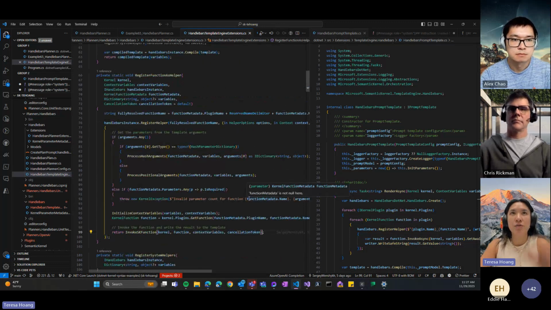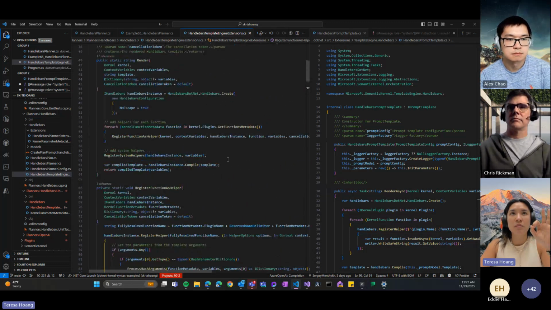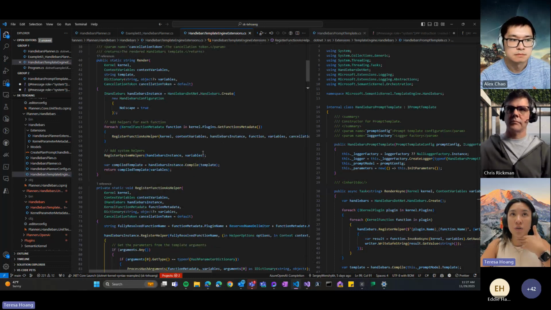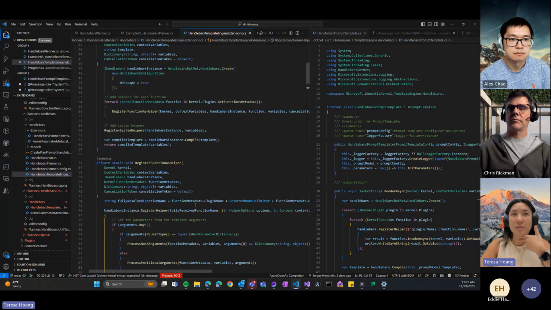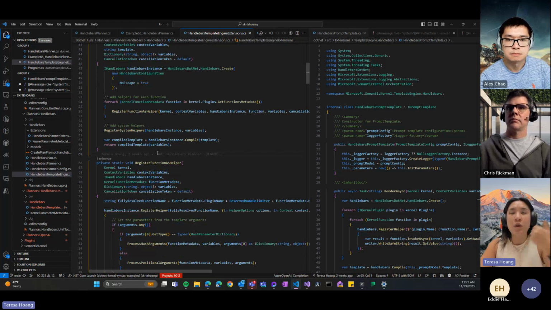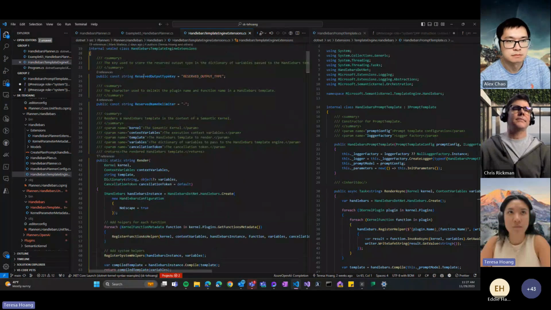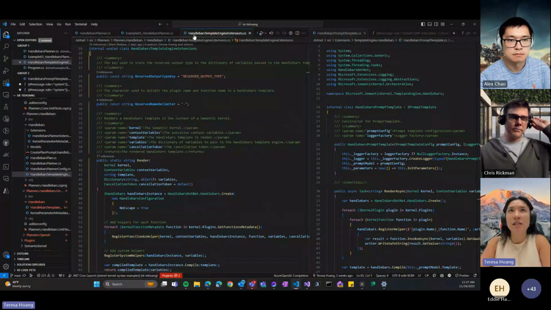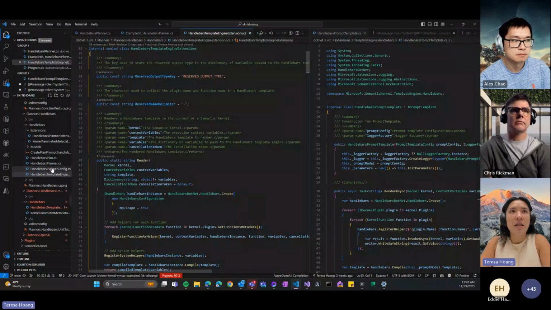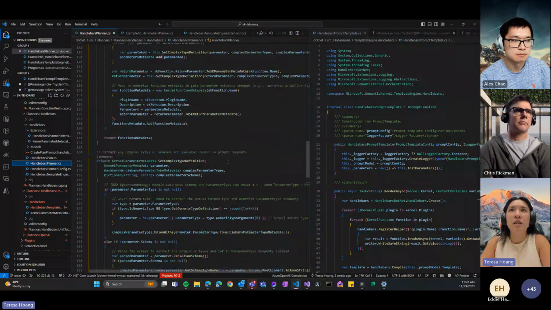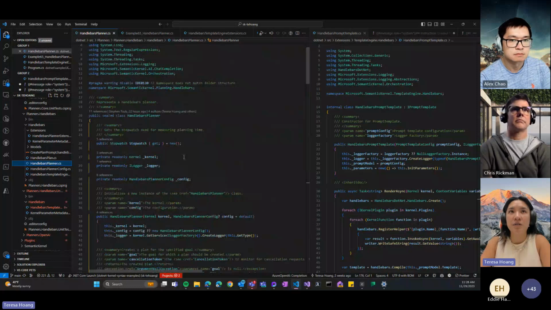So the Handlebars planner has three different kinds of helpers exposed to it in the Handlebars instance today. You have all the functions that are available in the kernel. You have the system helpers, the ones that I just mentioned that we bake in, the custom ones. And then you have the built-in Handlebars helpers, such as each and conditional. So that enables loops and conditionals in the planner, which we didn't have in the sequential planner before. You can see the render process in this file, the Handlebars template engine extension, and then the Handlebars planner file is where you actually get to see the plan creation process.